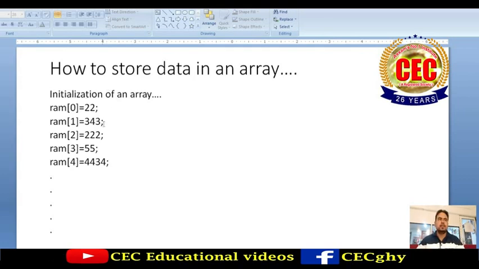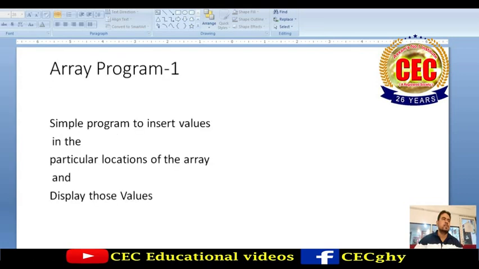How to store data in an array is a very good thing, because I have already told you how to create an array. I will show you practically in the compiler also. Here you can see how in particular indices we can assign data. It doesn't matter whether we have put data in the 1st index or not, you can just put it in the 2nd, or in the 100th if the size allows, you can put it anywhere.